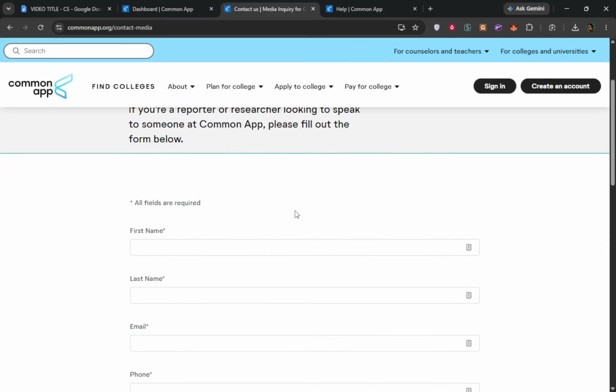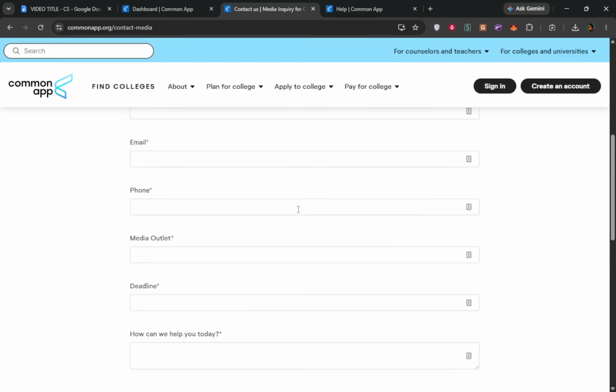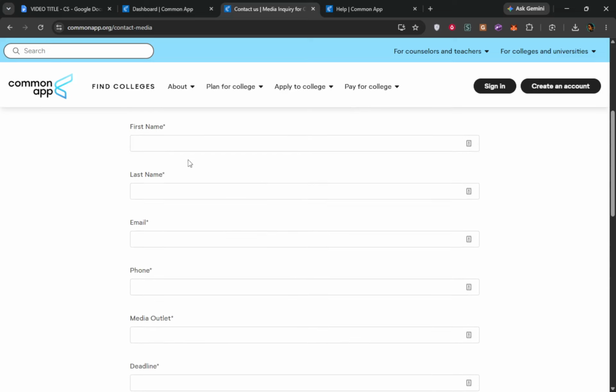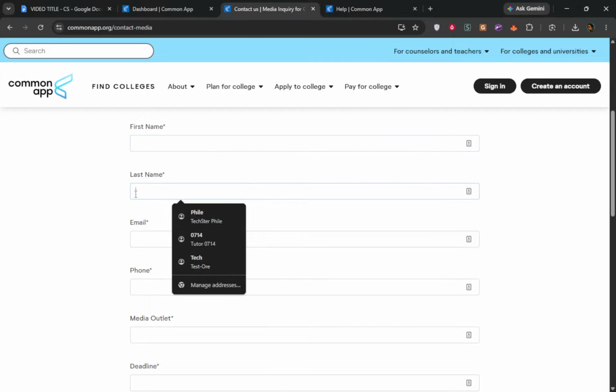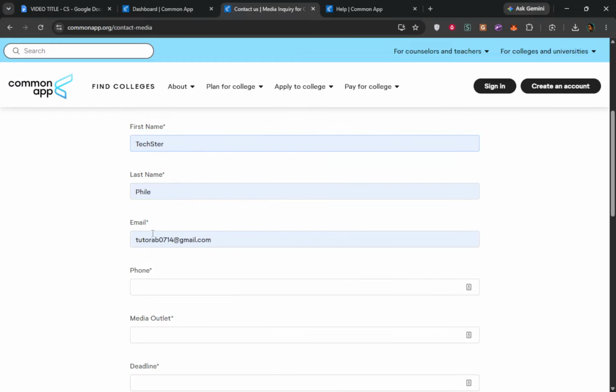Next up, once you select the appropriate category, you will see an option labeled Request Support. Click on that. This will take you to the contact form where you can provide more details about your situation. This step is essential because it sets the stage for your communication with the support team. You want to make sure you provide them with the right information to help you effectively.